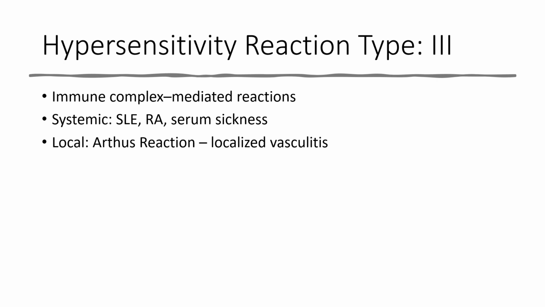This usually develops 7 to 10 days after the initial exposure, but sometimes can take as long as 3 weeks. If the patient is exposed to the substance a second time, this tends to develop faster, within 1 to 4 days, and a very small amount can actually cause a very intense immune response. Serum sickness is less common because vaccines are made with human proteins rather than animal-based, and we don't really give the antiserum that often. So clinical manifestations, we're thinking fever, arthralgia, swollen lymph nodes, malaise, maybe arthritis or polyarthritis, which